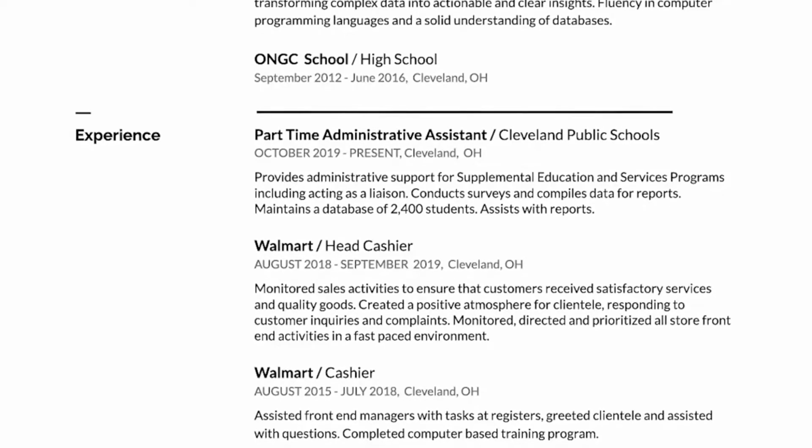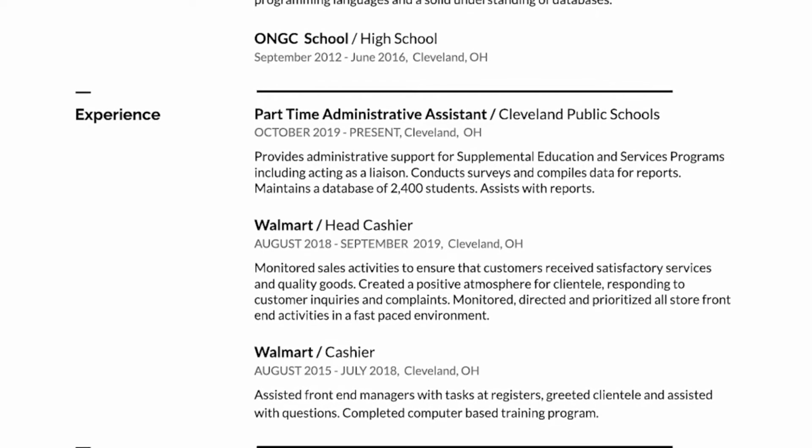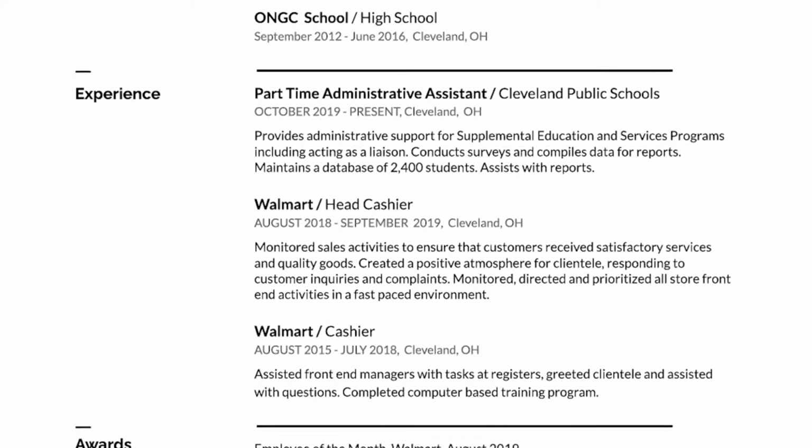If you're including a work experience section, there's lots of different types of experience you could add. Outside of jobs with other companies, you could also include volunteer positions you've had and any freelance or side work you've done. The key here is the way in which you describe these experiences. Try to describe the work you did in a way that relates to the position you're applying for.